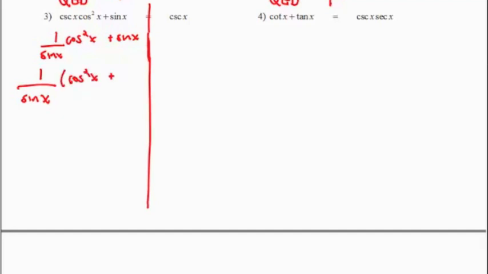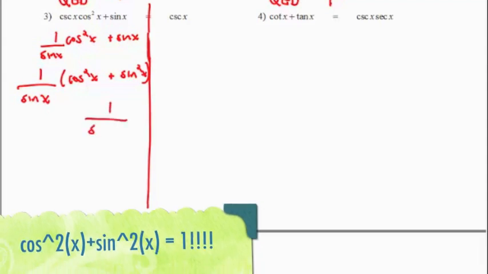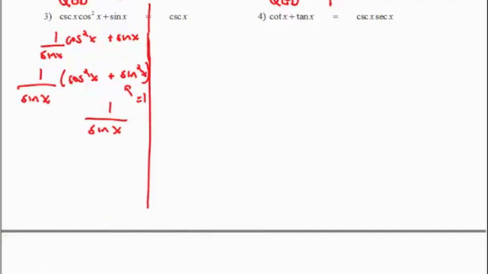And when you do so, you end up with cosine squared of x plus sine squared of x. Remember, factoring means you're dividing both terms by whatever you factored out. So dividing sine by 1 over sine should equal sine squared x. In this case, we know that we can just write this as 1 over sine of x. Why? Because that there is equal to 1. Remember your identity. And from there, again, happy days, because we know that 1 over sine x is cosecant of x. Left is equal to right,